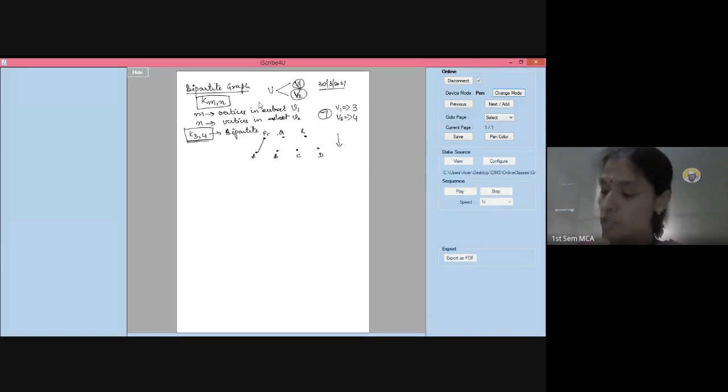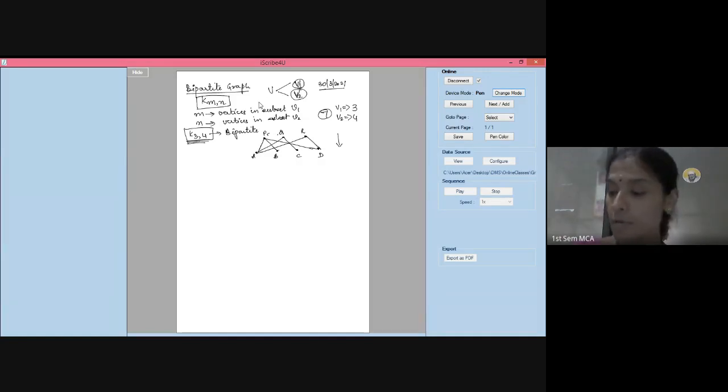I will take an edge like this, P to A. I will take an edge from P to B. I will take an edge from P to D. Then Q to A I will take. Then I will take Q to C. I will take R to A, let us say, and then I will take R to D. So let us say this is my graph. This is a bipartite graph of the form K of 3 comma 4.